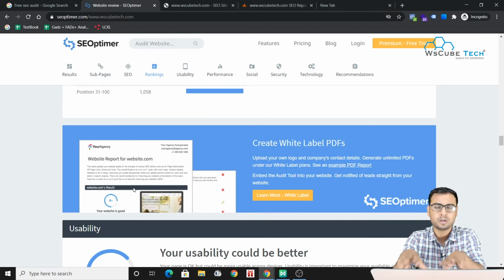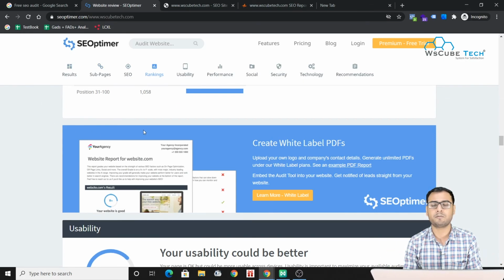They all work on the same principle, the same foundation. And new tools are coming each and every day. The tool is not a matter of concern over here. The important thing is that they are only doing the basic SEO audit. So I believe you got to know how these tools actually perform and what a basic SEO audit is.